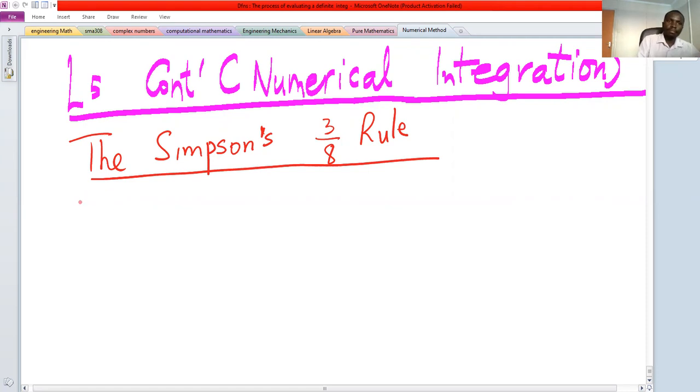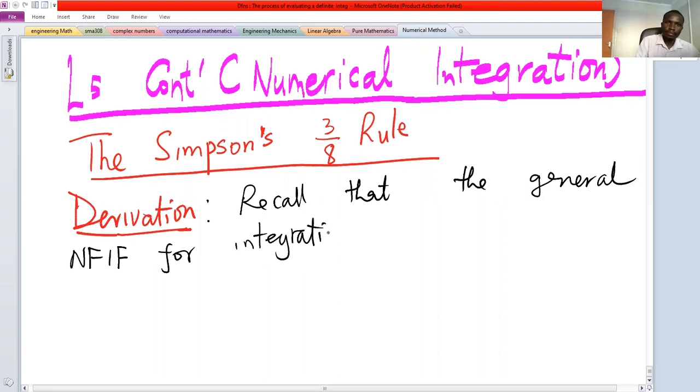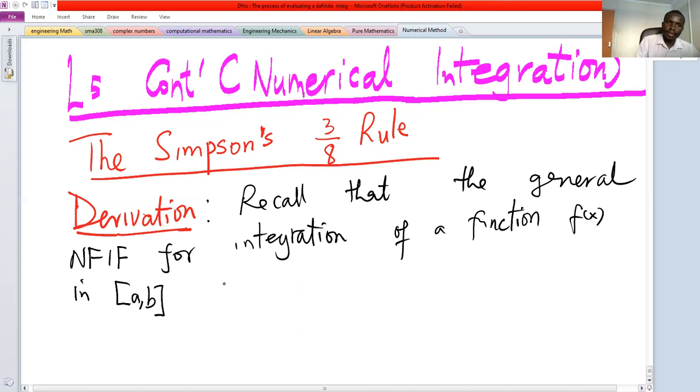So, derivation. Recall that the general Newton forward interpolation formula for integration of a function f of x in the interval a, b is, so integral a to b